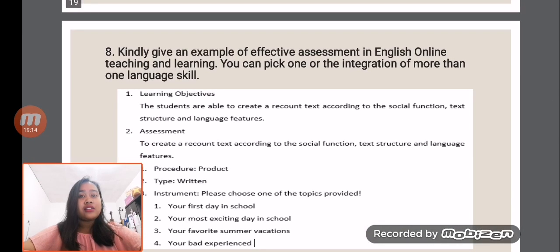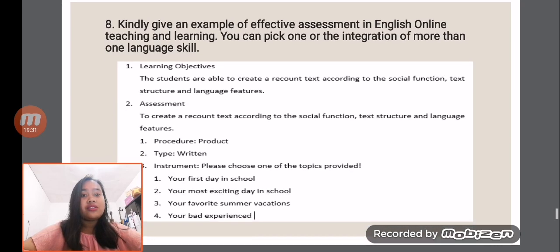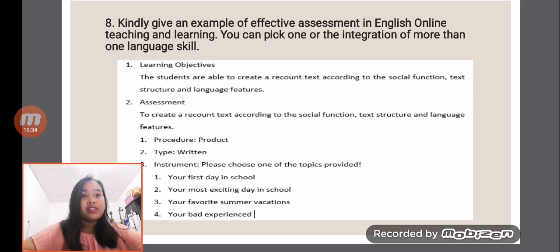And question number 8. Kindly give an example of effective assessment in English online teaching and learning. You can pick one or the integration of more than one language skill. So this is the example of effective assessment. First is the learning objective. The learning objective is the students are able to create a context according to the social functions, text structure, and language features. And this assessment